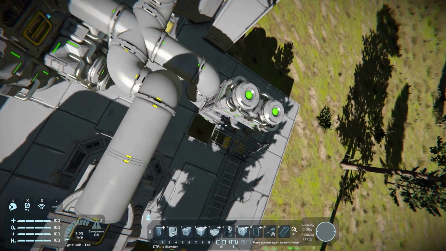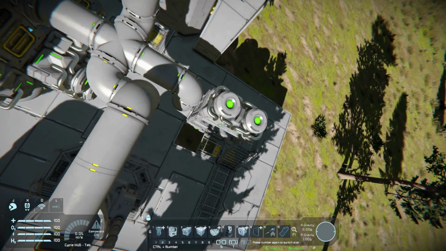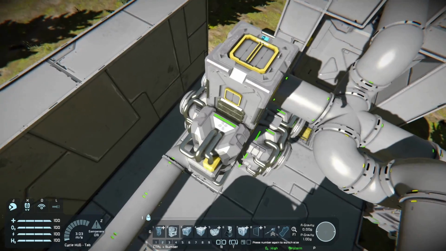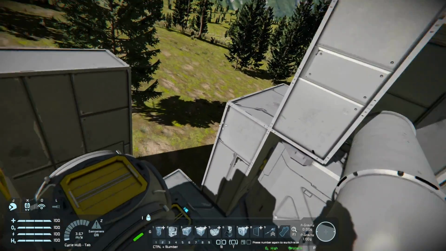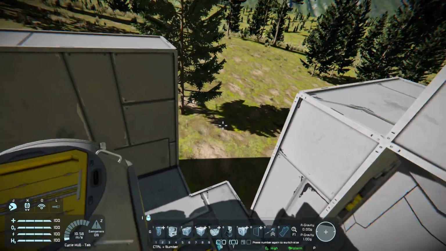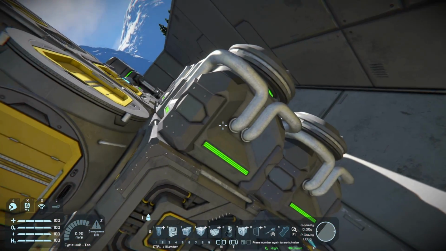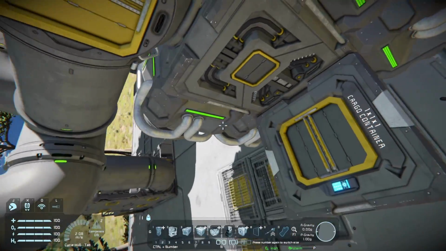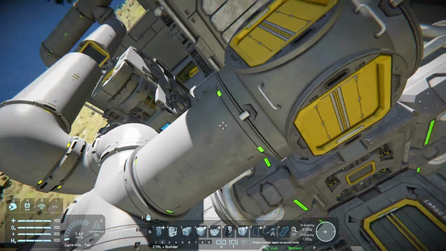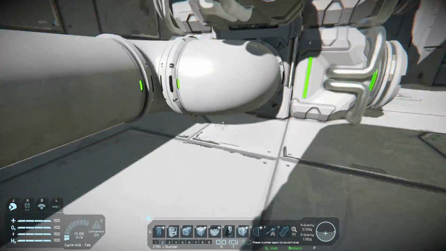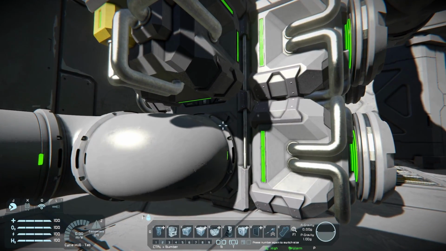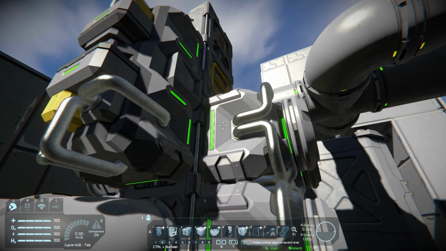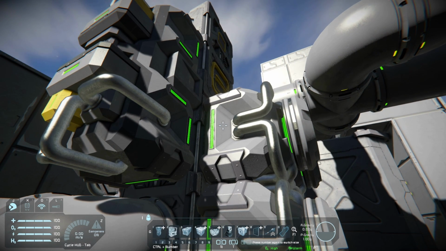But unlike the industrial assembler, this assembler in and of itself, if we're talking about just one assembler, only has 2 spots for modules. But you can daisy chain these assemblers to support up to 8 modules. It all depends on how you stack them,